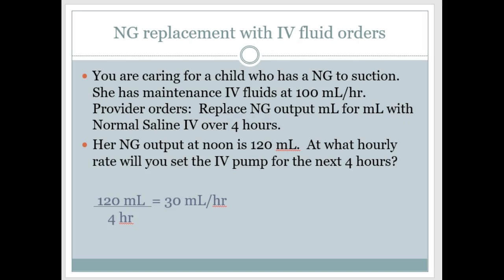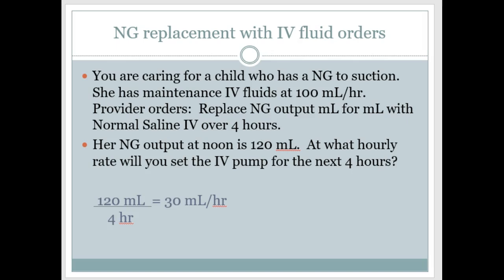Another type of calculation is NG replacement. I think that you've probably done this before. So for example, you have a child who has an NG dissection and has maintenance fluids going at 100 milliliters an hour. And we're going to replace NG output milliliter for milliliter with a different solution, normal saline, over 4 hours. So this child is going to have 2 pumps going, one for maintenance and one with a bag of normal saline that every 4 hours we're going to adjust the rate,